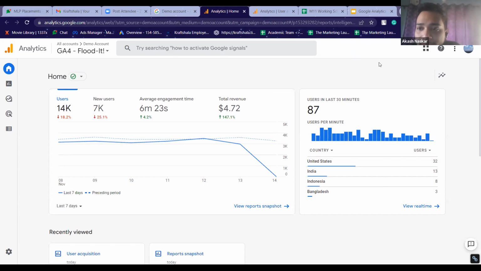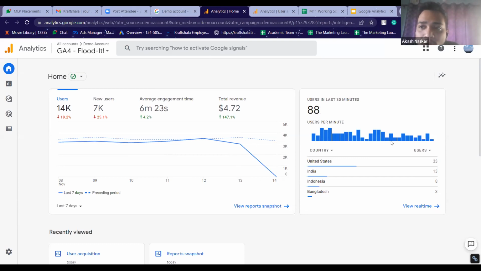Cool. Krishnaveni, you have something to ask? Yes, Akash. So the third option is for what? The third option is to access the Google Analytics 3 property of this data. Okay, it's the same data. Yeah. The first two are for Google Analytics 4 and the third one is for Google Analytics 3. Okay. If you're getting the take a tour option, all of you can skip that for now and just focus on the things that we are going to learn here.